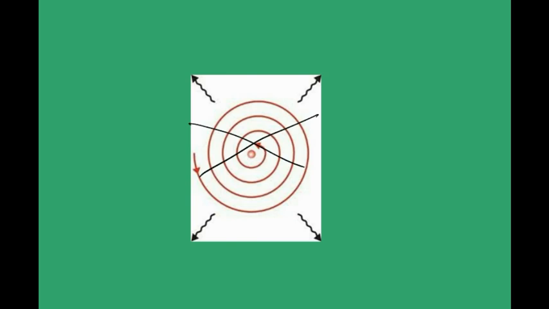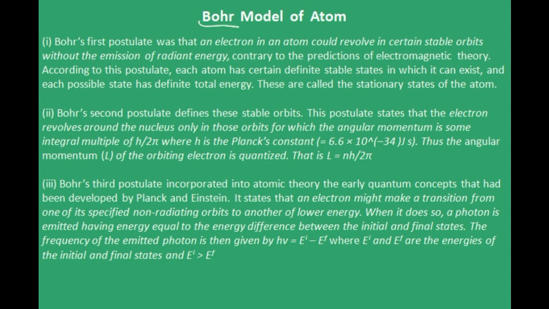So now we will discuss a little more advanced theory or model of the atom. It is known as Bohr's model of atom. Niels Bohr is the person who gave this model. He mainly gave three postulates. Don't read what is on the screen. First listen to me. If you want, later you can come back, pause the video and have a look at it. The first postulate is this one.